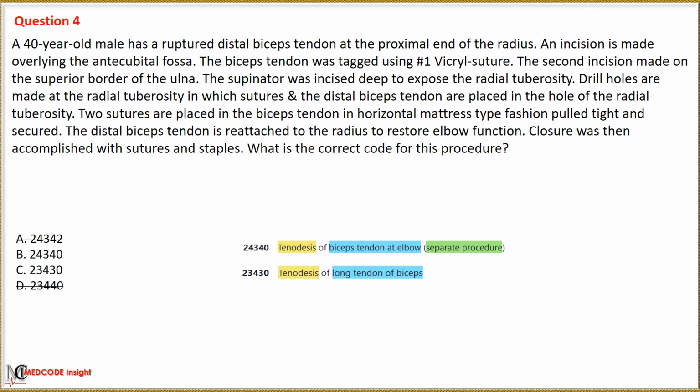Since the ruptured distal bicep tendon is at the proximal end of the radius, which is a tendon injured around the elbow joint, we eliminate option C with code 23430, which is used for tenodesis of the long bicep tendon that runs over the humerus bone and attaches to the shoulder bone. Therefore, the correct option is option B, with code 24340 used for tenodesis of the bicep tendon at the elbow.